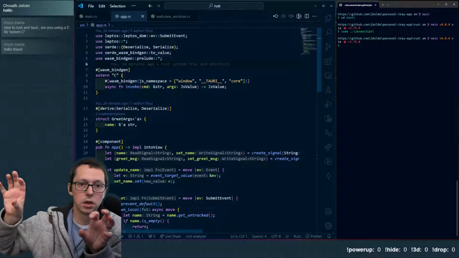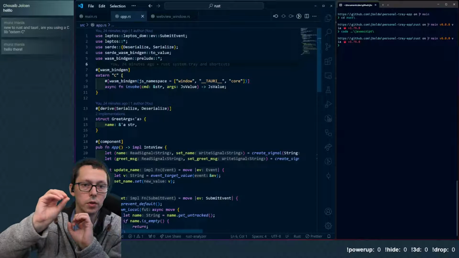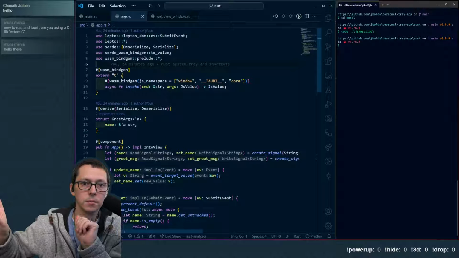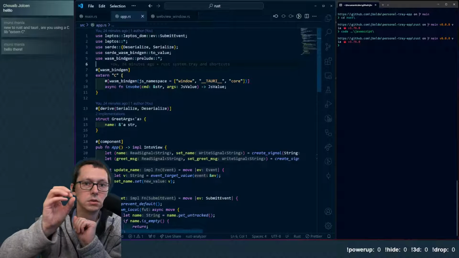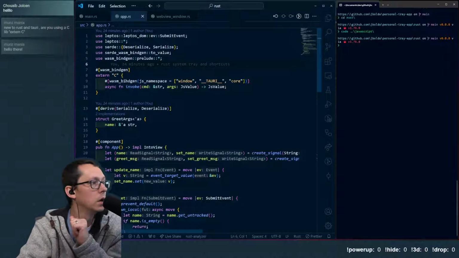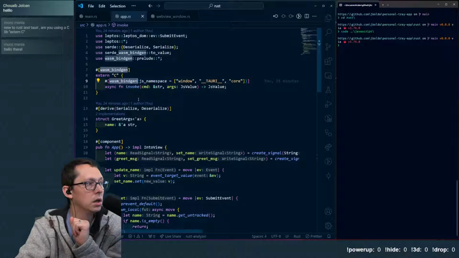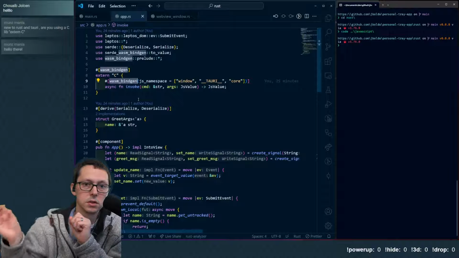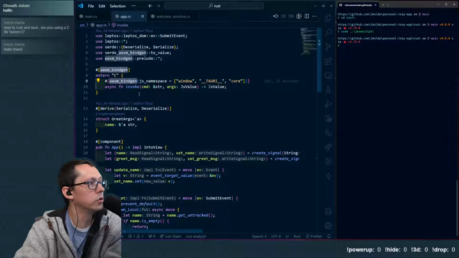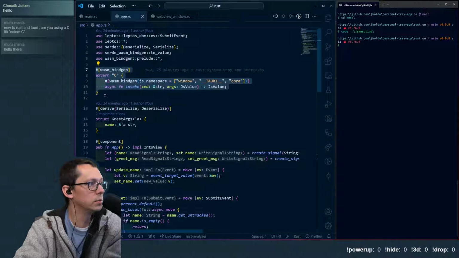Rust has always worked very well with Wasm, and there are a few libraries that do this conversion from Rust code into Wasm, which then ends up loading in the browser. Wasm bindgen is that piece. It's the thing that bootstraps that conversion. So this Wasm bindgen and this